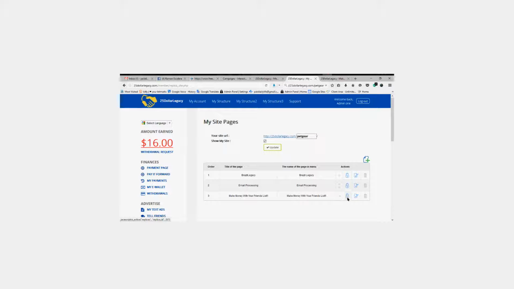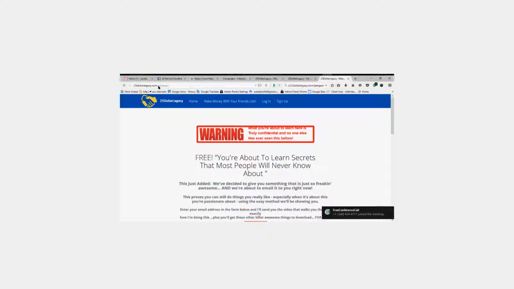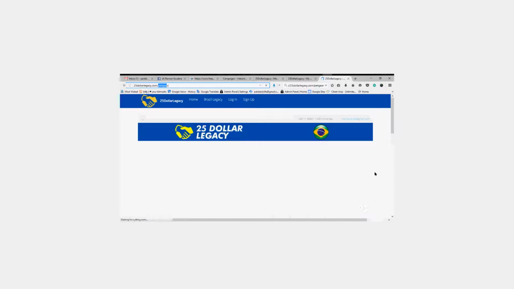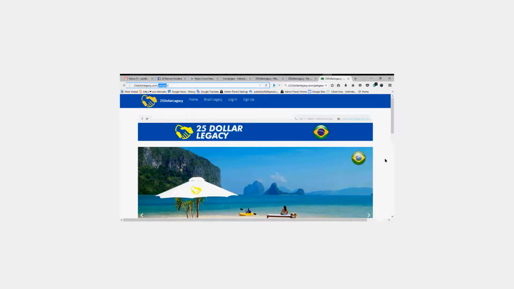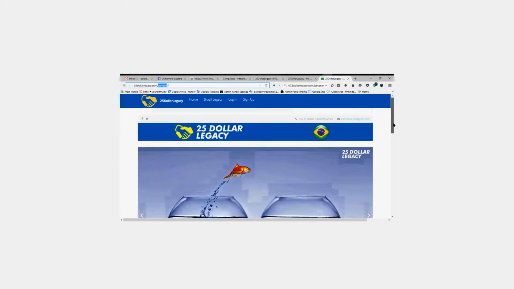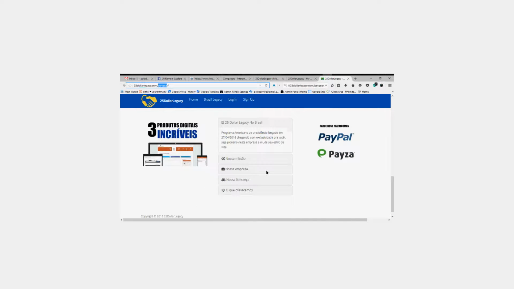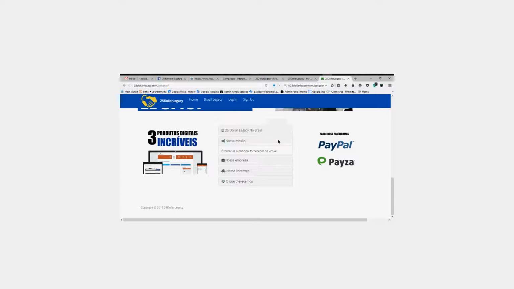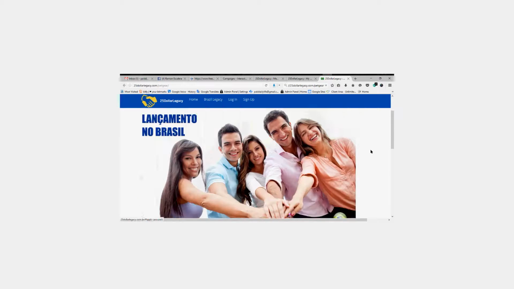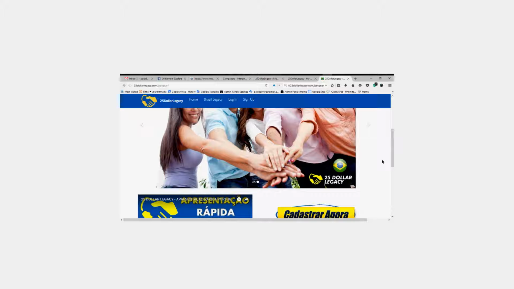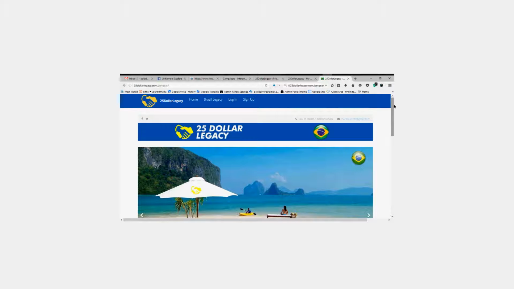As you can see here, if I deselect that lock and unlock this one, I'm going to go ahead and share this page. I'm going to keep the link the same. You can change the end of the link to whatever it is that you're promoting. Let me refresh this page, and you're going to notice that the page looks different. That's right, because you're going to have the capability to create as many as 3 different sales pages and design them however you wish. This is another page, and it is interactive. Again, if you know how HTML code works, if you have an HTML code capture page system, you can copy that code, bring it here, use it, and then edit the page as you wish.